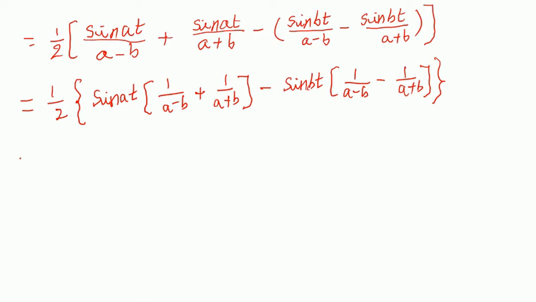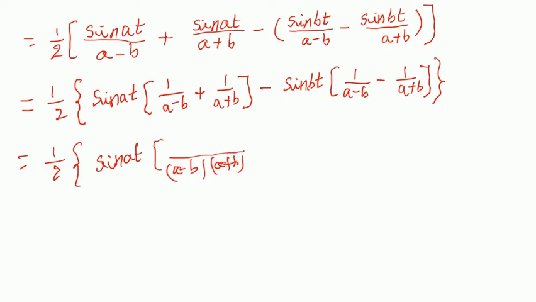So this is equal to 1 by 2 into sine at into, what is the LCM here? The LCM is a minus b into a plus b. So the numerator is a plus b plus a minus b,